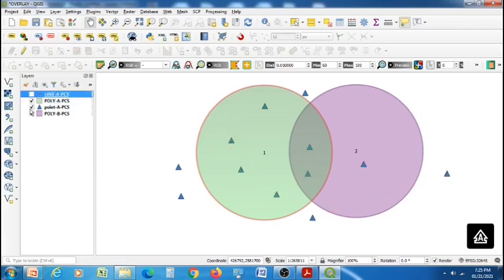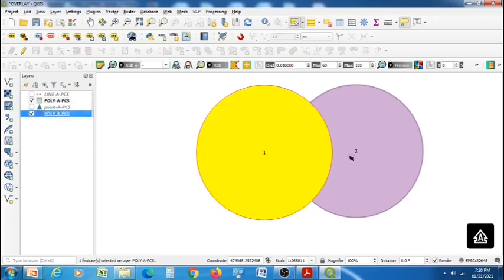So let's first start with polygon on polygon. I have 2 input layers, both polygon. It is fulfilling all the conditions: at least both are polygons, they are overlapping, and they are in the same coordinate system, that is 32645. Now if you select this, both are separate layers. Let us first start with the operation called the